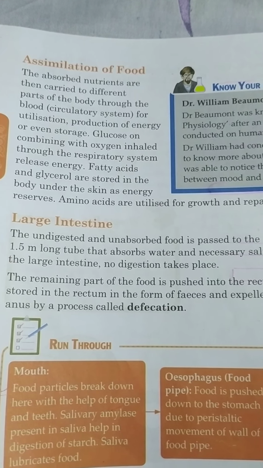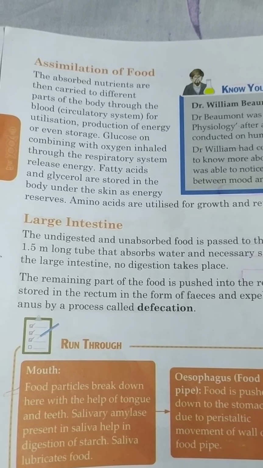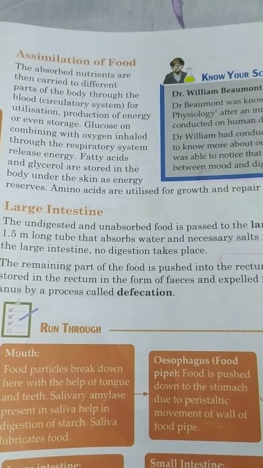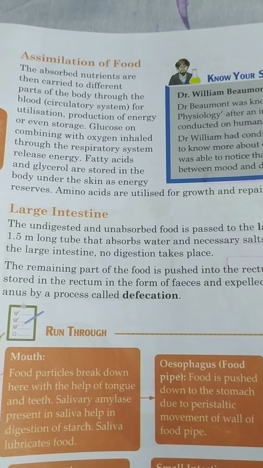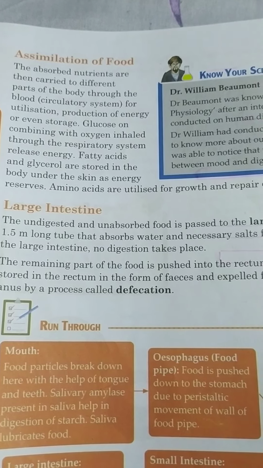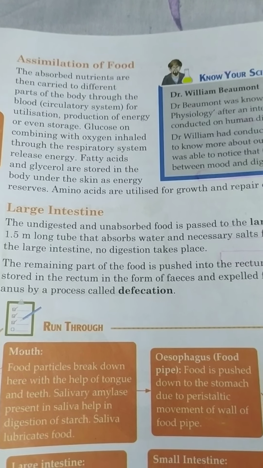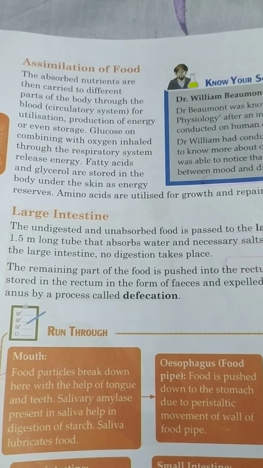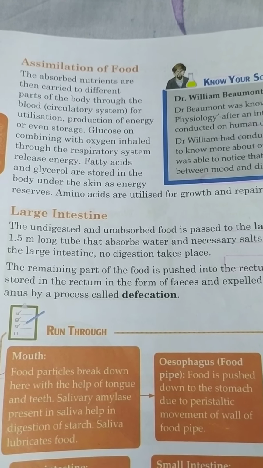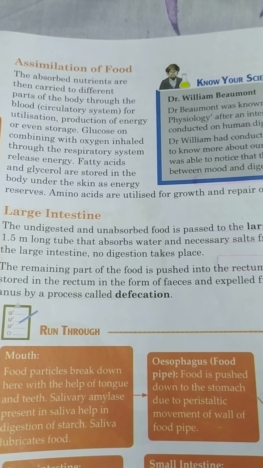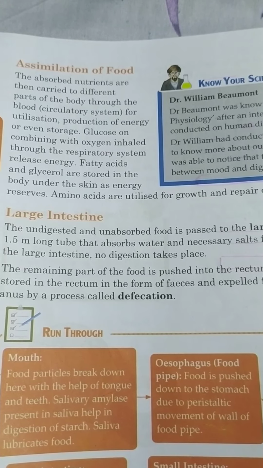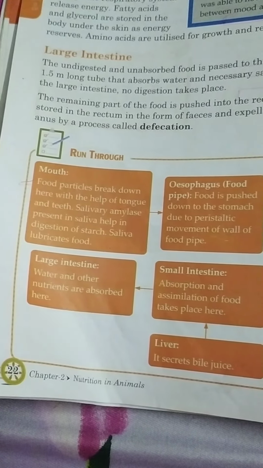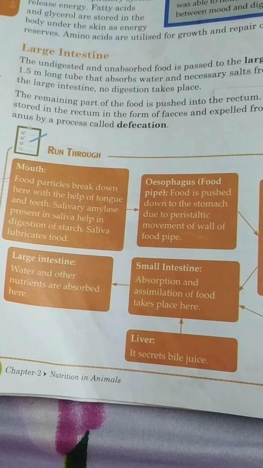So all the use of the nutrients takes place in the form of assimilation in the small intestine. Now, whatever food is left over after absorption also goes into the large intestine, and the water is absorbed from there. Then the waste is delivered from the anus in the form of feces, and that process of taking the feces out from the anus is called defecation. The step of nutrition is egestion, okay, but the process is called defecation.